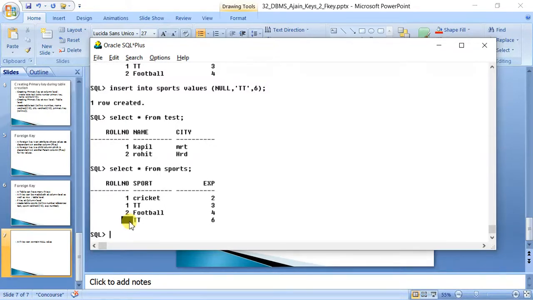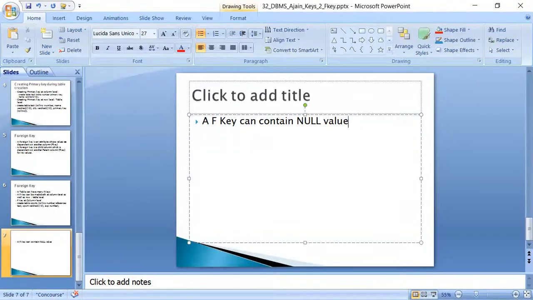We will cover that a bit later on. But right now, this is the property of a foreign key, that a foreign key can contain null values as well as duplicate values.